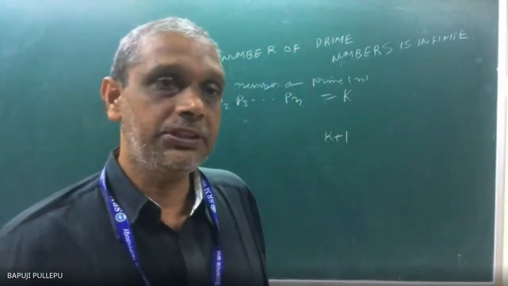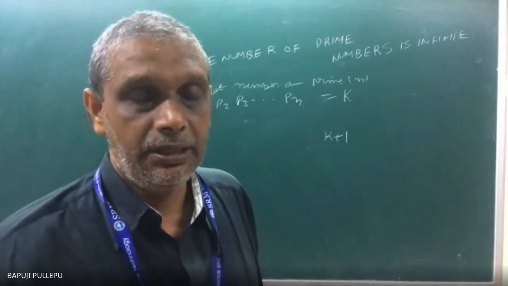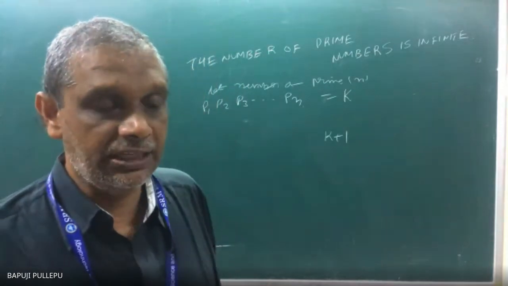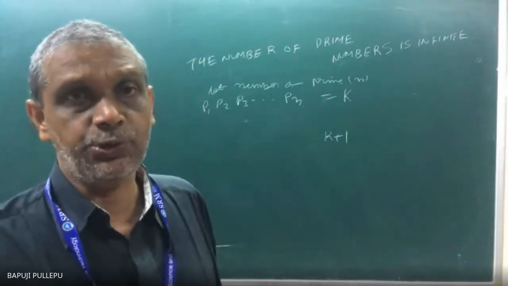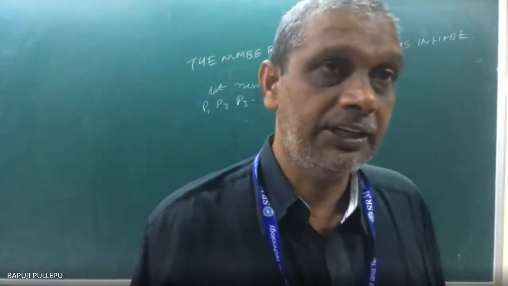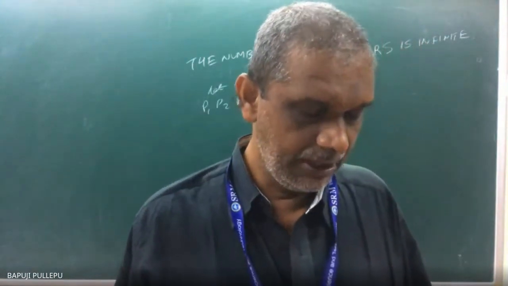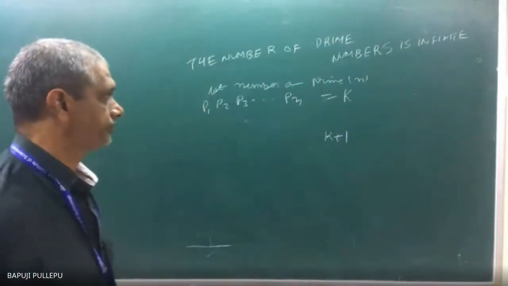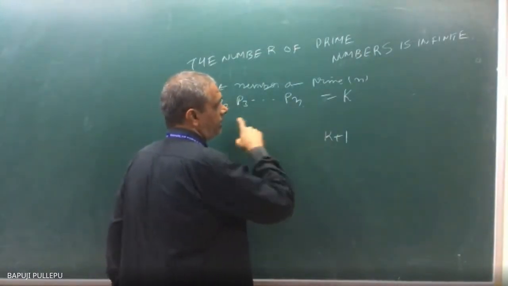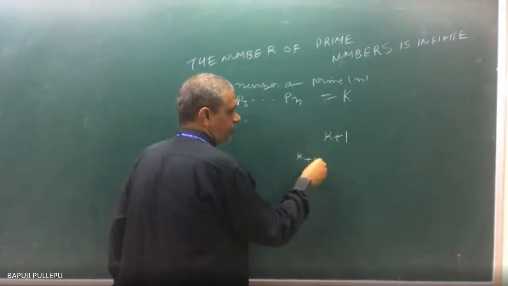So P1, P2, P3 and so on, the product is equal to k. The next number I am taking is k plus 1. I am also saying that none of these numbers divides k plus 1. So a divisor of this, any one factor, would have to exist. So k plus 1 is either prime or greater than Pn. None of them is divisible means what? I am taking k plus 1. None of these prime numbers divides it, so k plus 1 is equal to what?